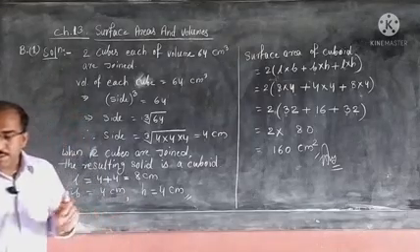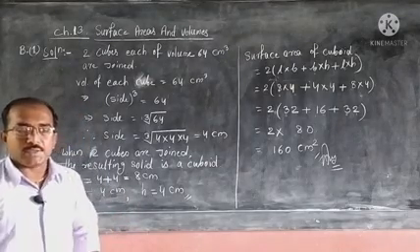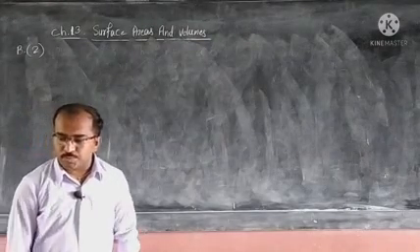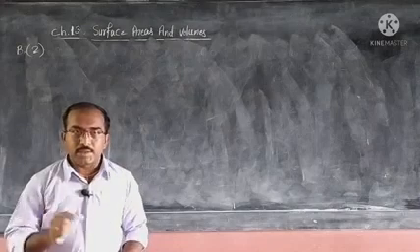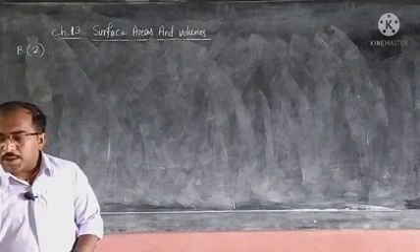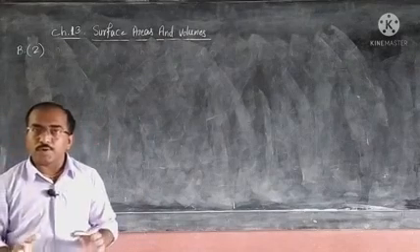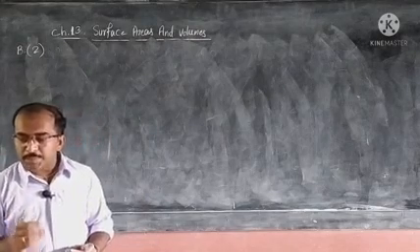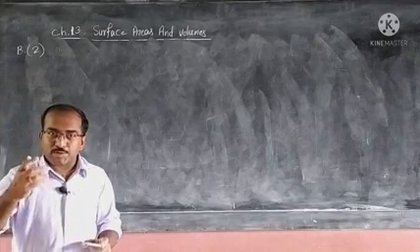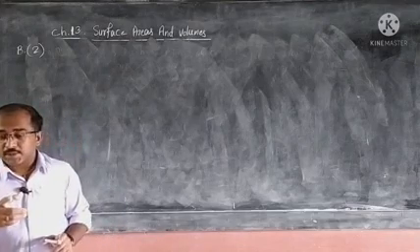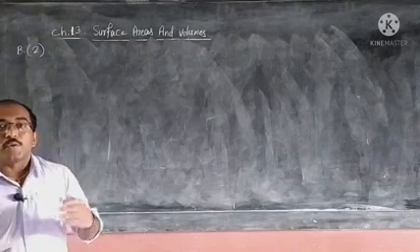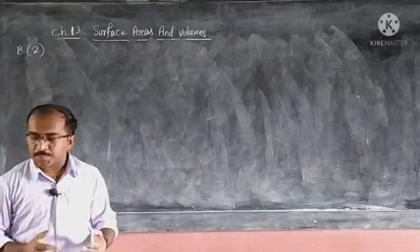We will now start question number 2 of the same exercise 13.1. Let's read the question first and understand the situation. A vessel is in the form of a hollow hemisphere mounted by a hollow cylinder. When we read the question, try to develop the image of that solid in the mind. Once more, a vessel is in the form of a hollow hemisphere mounted by a hollow cylinder.